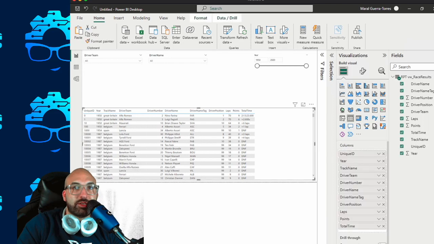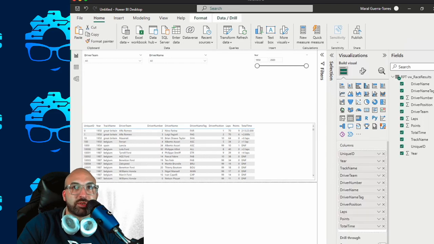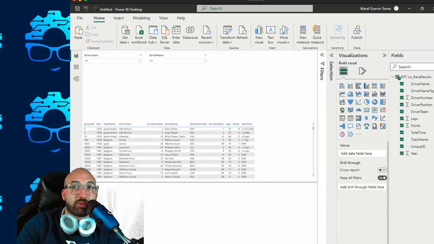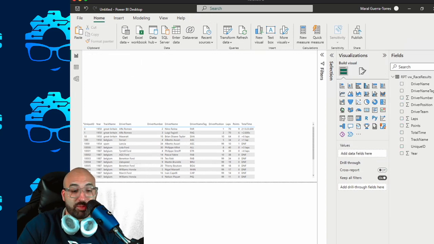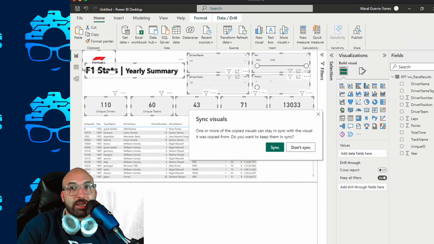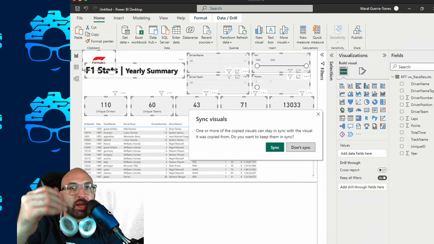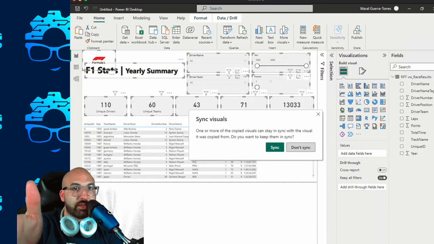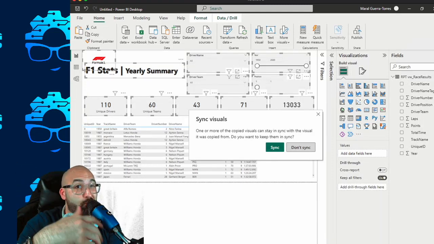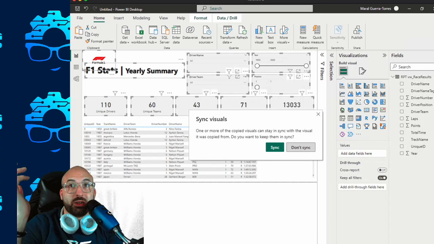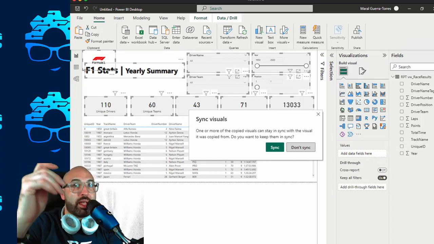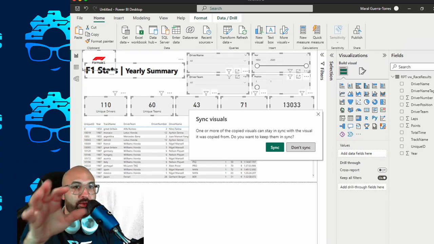Because these two pages can be very similar, but one can show stats, summary, graphs and visuals, and the other one can just show a grid of what you want,